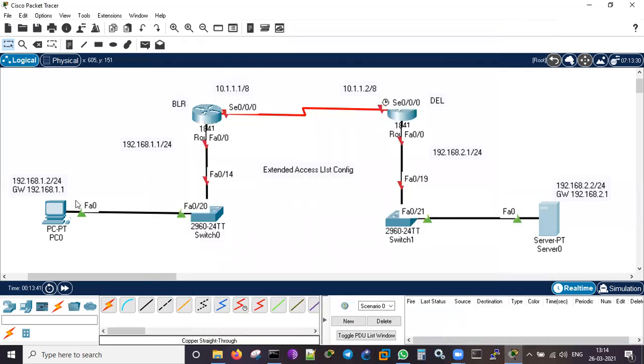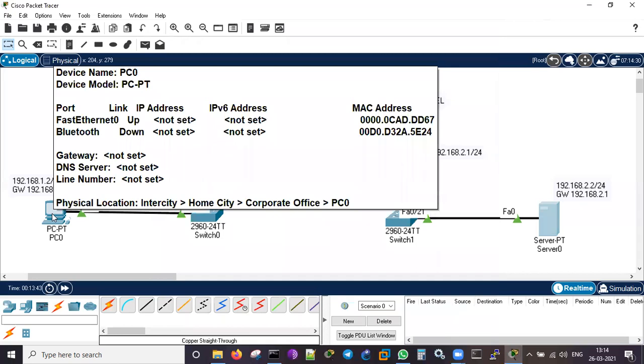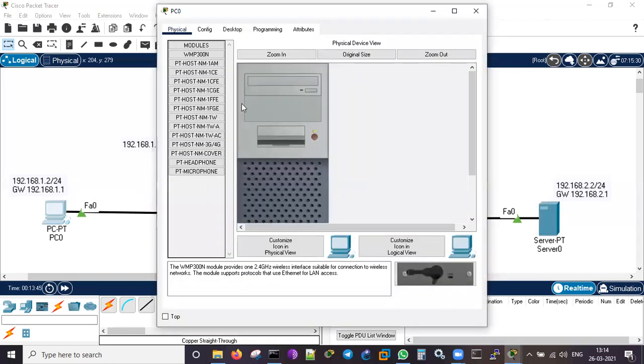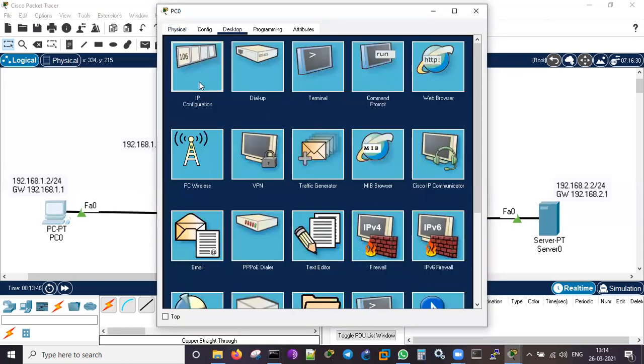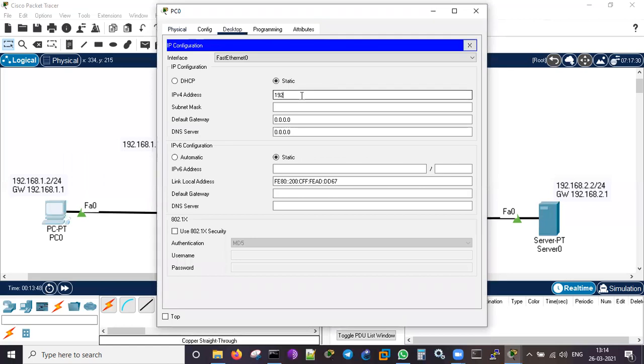Let me close this. I'll assign the IP to the PC also now. Go to the desktop, IP configurations, 192.168.1.2. The mask has been taken as a 24-bit mask. Now I'll give the gateway, because without the gateway it cannot reach another network.